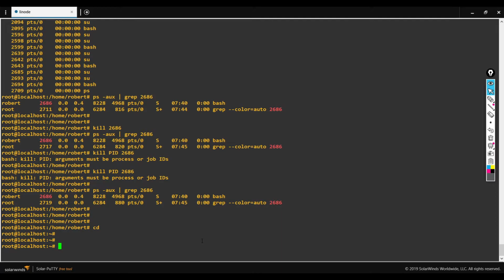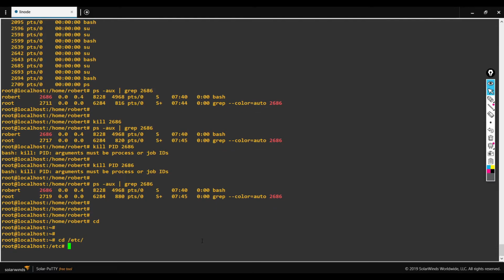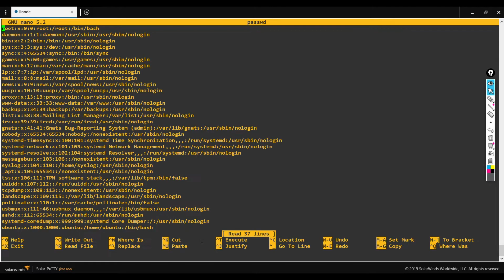All the user information is stored in the directory called etc, in the file passwd. Let's go to that directory. etc is the directory, and I need to look for the file name. Now I am in the file.